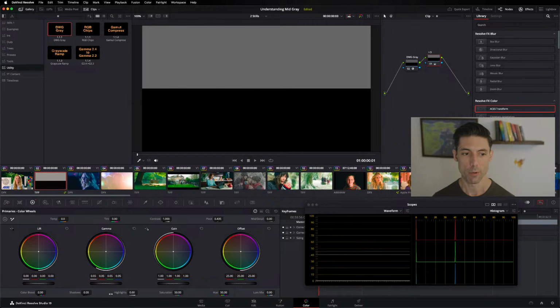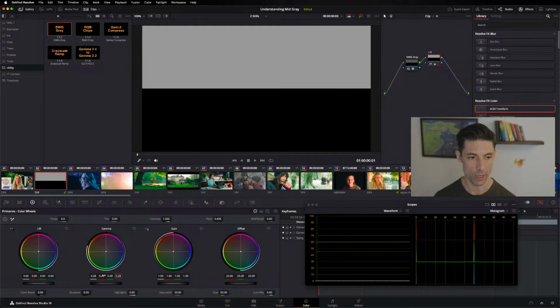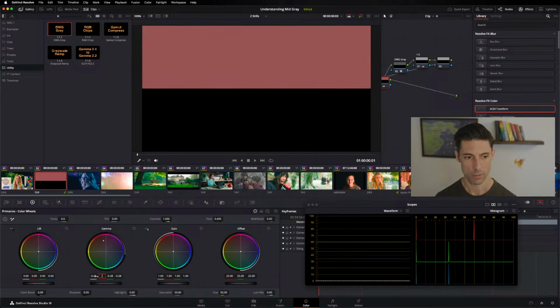Okay. So let's say we wanted to make this a 60. I would look at this and then I could even just go in and manually type these so that I know I'm right on the number, like so. And then I would do a blank node in between, and I would do a second node where I do negative 0.28, negative 0.28, negative 0.28, negative 0.28. So I've got a do nothing operation, but in between I can grade, and I've got,